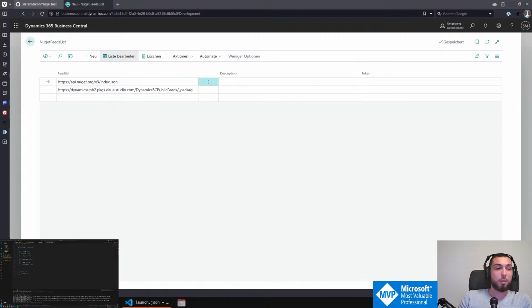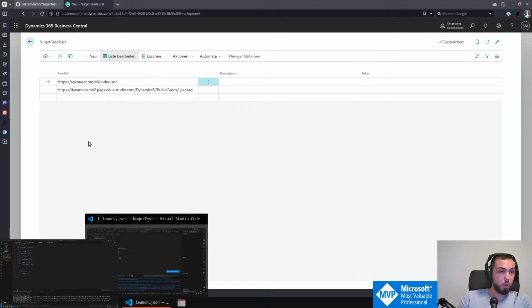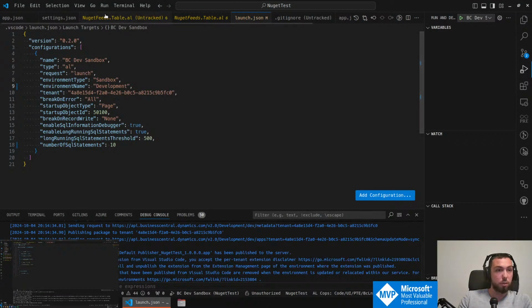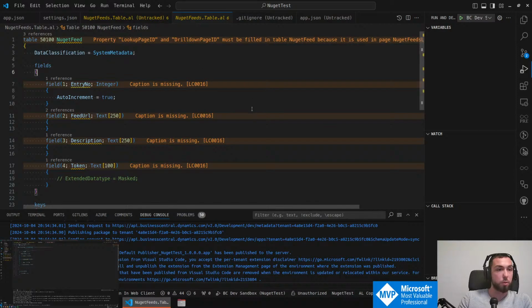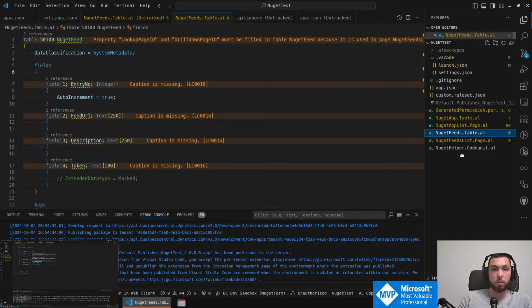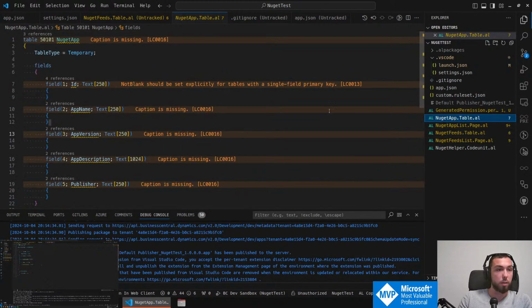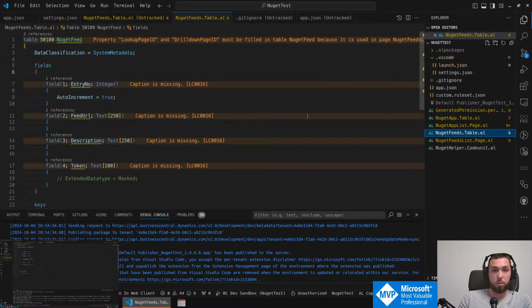Thank you. All right. The idea is I will just walk you through what I've done so far real quick, and then we'll see how we will continue today. Right. I just started with a really small extension with a few objects. We have a table, maybe this table first, where we see we have NuGet feeds